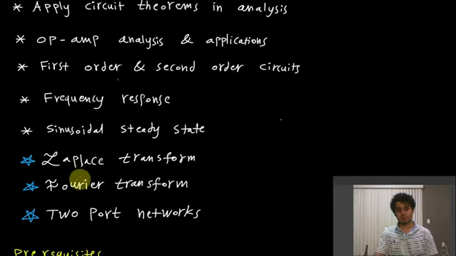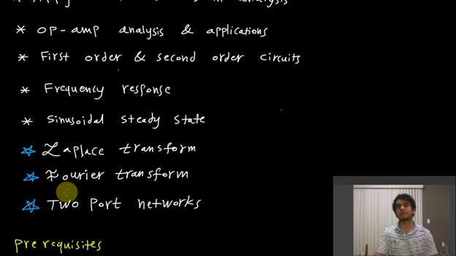And then there's the two-port networks part, which is very important in the sense that if you have a certain system, composed of several circuits or one circuit, and you want to cascade them, you want to be able to quickly and efficiently come up with the relations of the input and the output, as well as the effects of the input on the output and the effects of the output on the input. And there are certain network parameters: Z parameters, Y parameters, hybrid parameters, S parameters. We're not going to get into that; it's more of an RF microwave concept, and requires some understanding of reflections and some of the electromagnetics that I'm hoping to be able to do at some later point once I make good progress in this